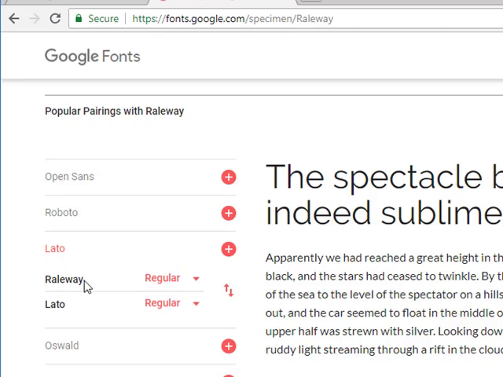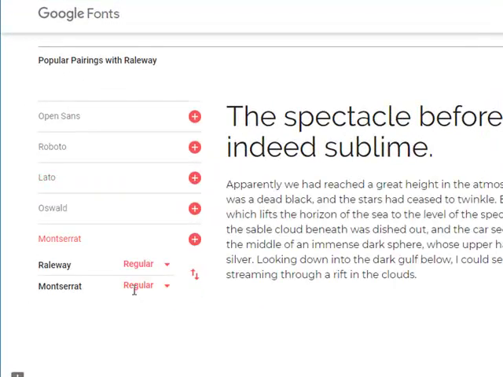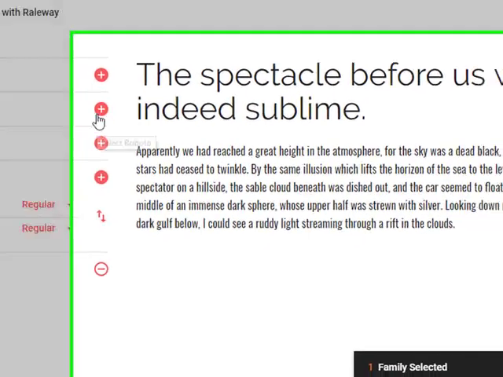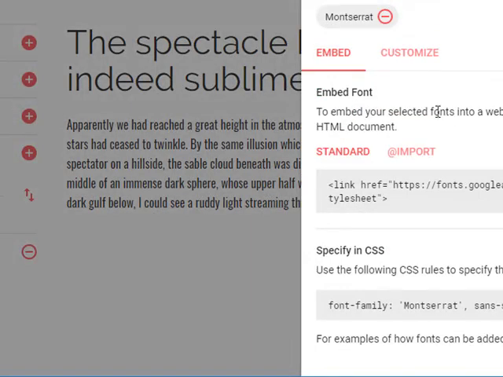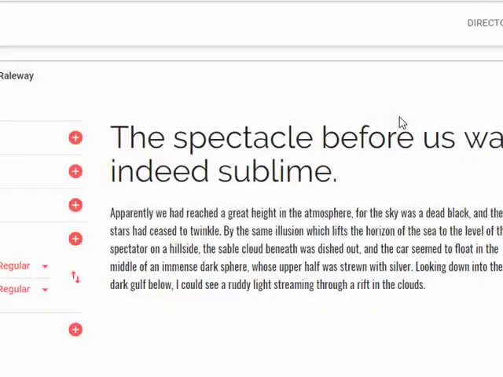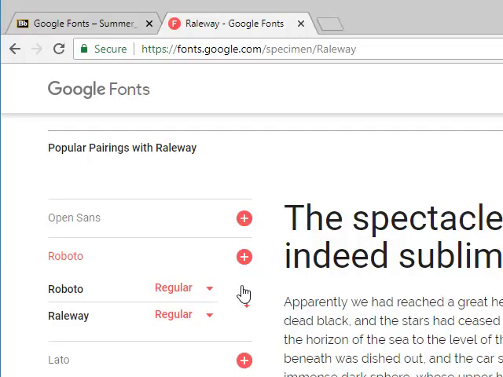Here's Lato and Raleway. Oh, those look good together. So you can really go through. Do they have any wacky pairings? No, they don't. Oswald, a little heavy. But if I want to use them, I can hit this little plus thing and it selects it. Okay, so I just selected, by accident, Montserrat. I didn't actually want that. What's the pairing I like? These two. Okay, so I'm going to hit select for